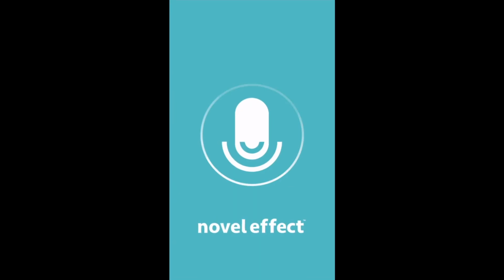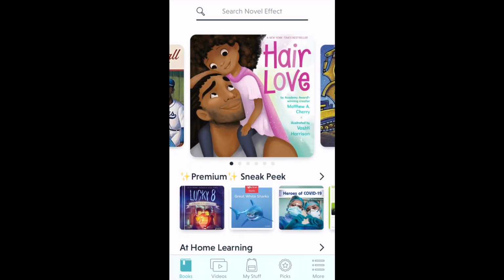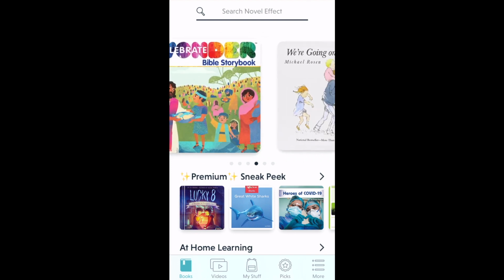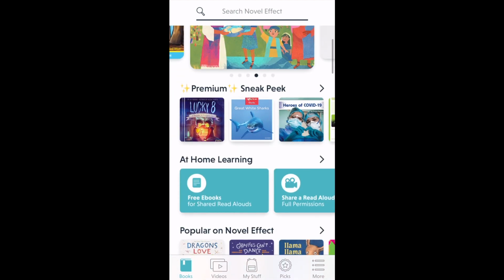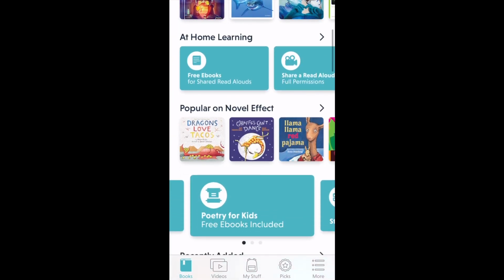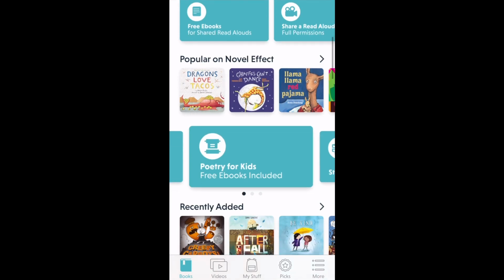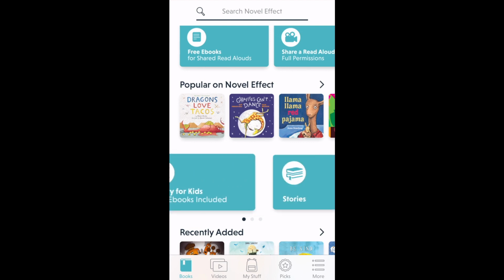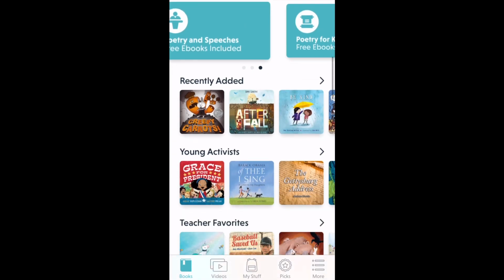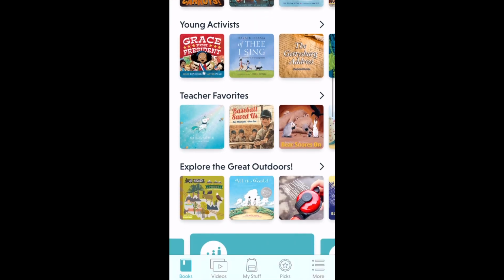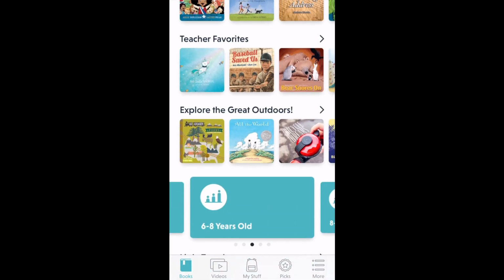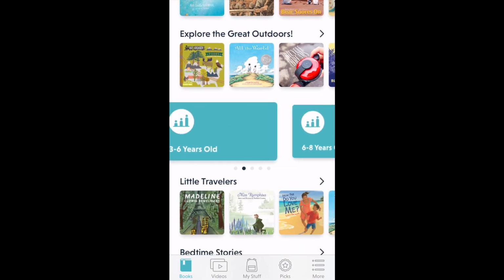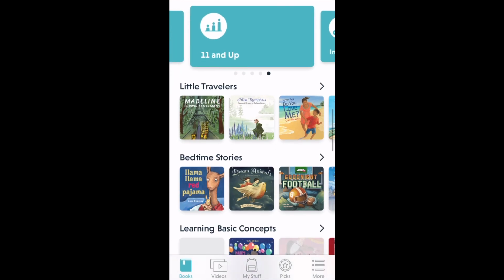All right, let's take a look at Novel Effect. So Novel Effect has a lot of books in here that you can choose from. They are categorized in some different ways. So you can see the ones that are popular. They even have some ebooks on here, poetry, speeches. So there's a wide variety on here. But I think the difference to keep in mind is that you're working off of preloaded content that's in here, sorted by grades, different themes,